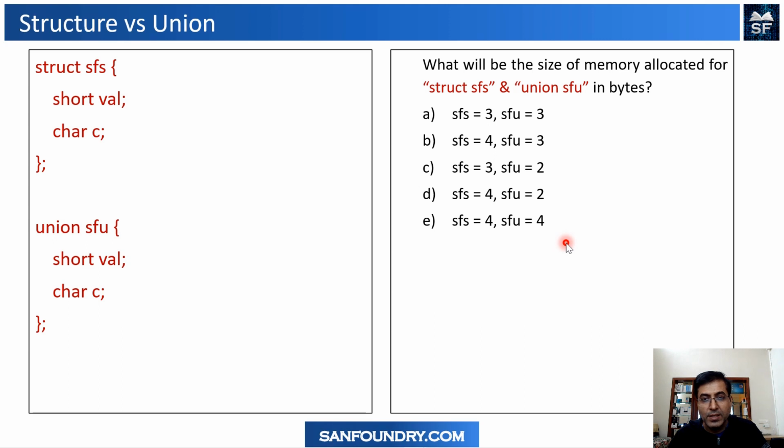So what's the answer here? Let's talk about this particular structure. What's the total memory allocated by the compiler for this particular structure? You will see that short is 2 bytes, character is 1 byte. So essentially what you see is 2 plus 1, 3 bytes. On the face of it, you require 3 bytes of memory to store these two members